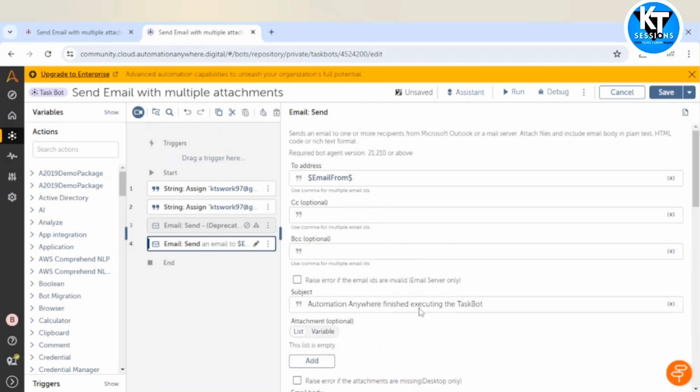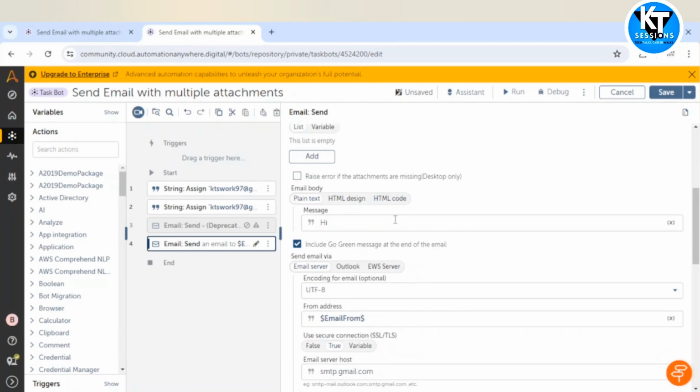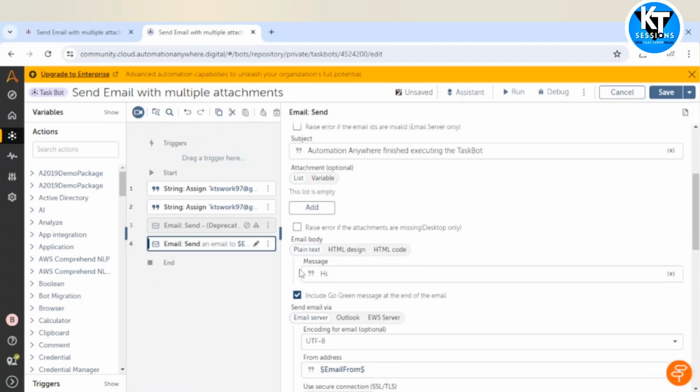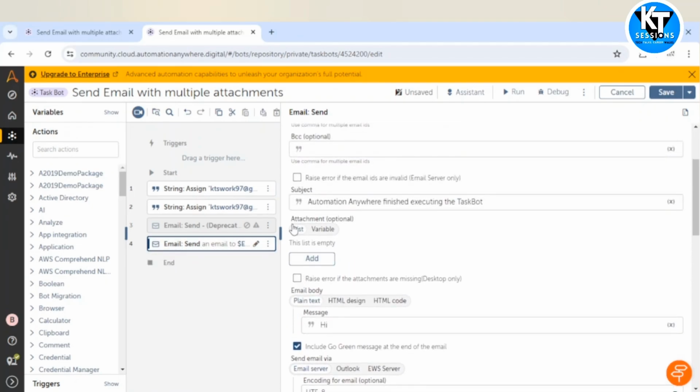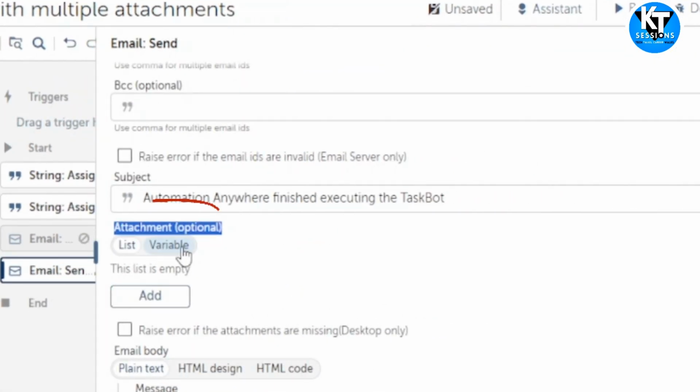So guys, let me show you two different packages. In one, if we use the latest package of this email, then we can see this send action, and this send action will contain this type of structure. And for attachment, we can see list and variable, two types of options available for attaching the files.